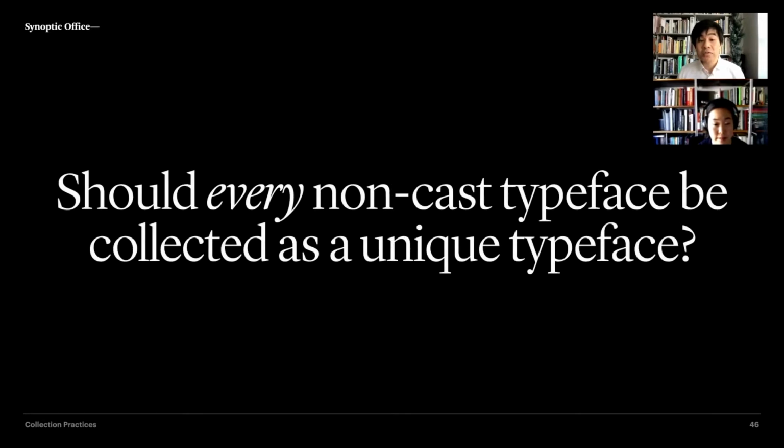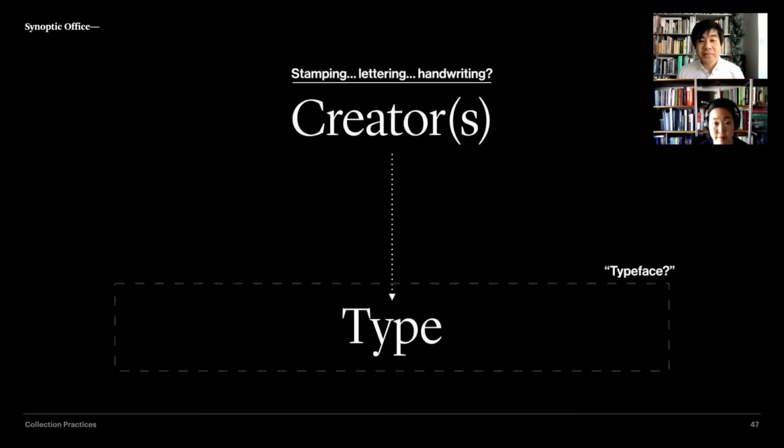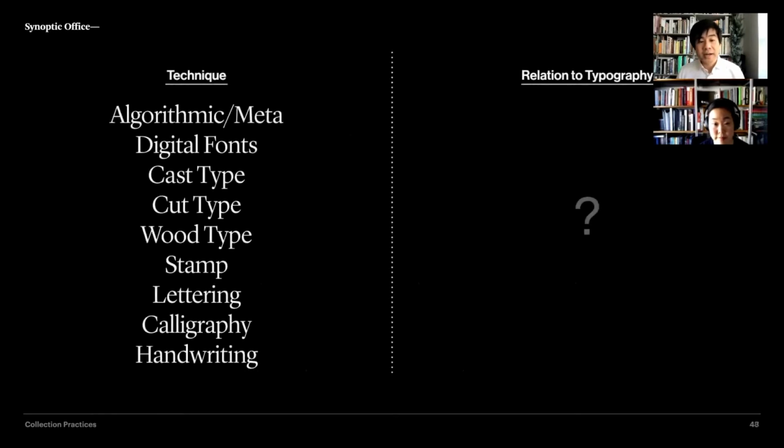And so it begs the question, should every non-cast typeface be collected as a unique typeface? The reason we ask this question, and it becomes a slippery one, is because if you say yes, you might have to omit things like stamping. Well, what about lettering and handwriting? Are those things typefaces? And if you look at the whole plethora of techniques, everything from handwriting